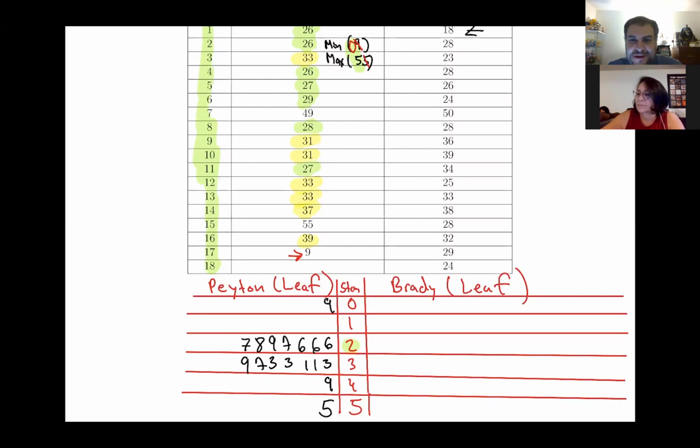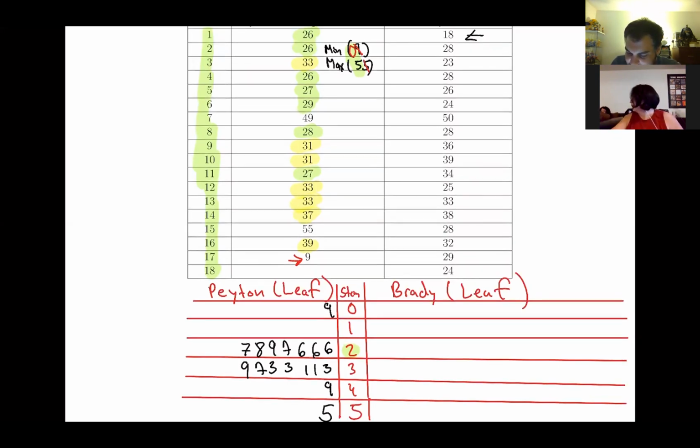All right, so up next, we're gonna transfer the information and do this now for Tom Brady. So for Tom Brady, we're gonna see, does he have any season where he threw a single digit touchdown? So if you look at it, no. So what we're gonna do now, we're gonna focus, did he ever throw anywhere from 10 to 19 touchdowns? And the answer should be yes. The only one is right here in 18. So we'll put an 8 right here.